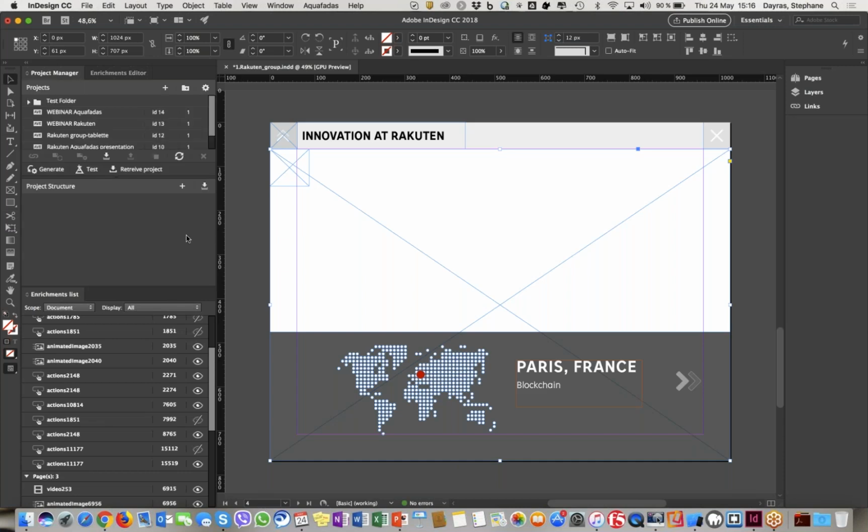But once you have created a project, you can save it. They will become project saves, as you see in that list. And also you can group them in folders. So you can create folders and then move your projects within a folder.